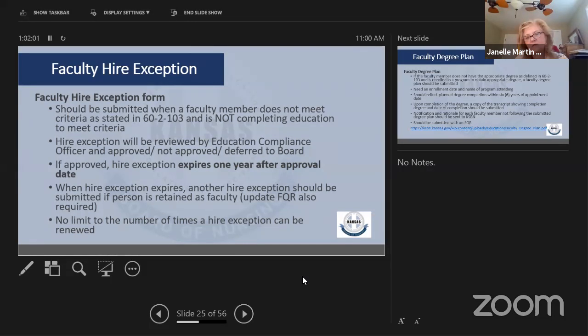One of the things that takes a while when we're looking at annual reports is a reconciliation of your annual report documentation and an FQR database that we keep on all current faculty.